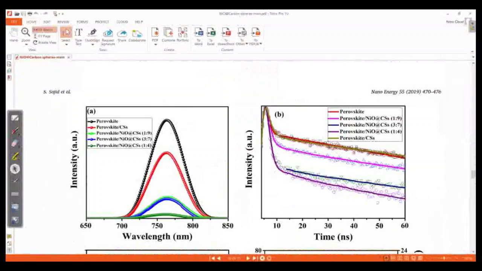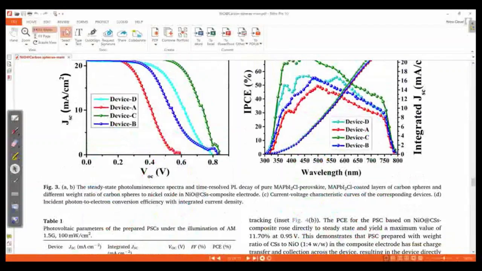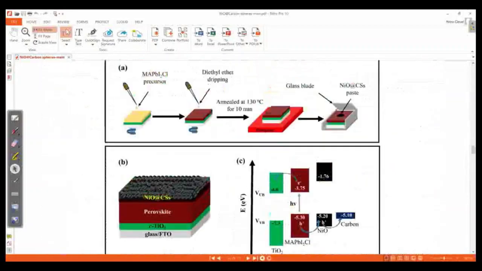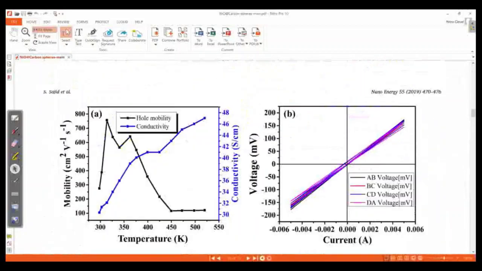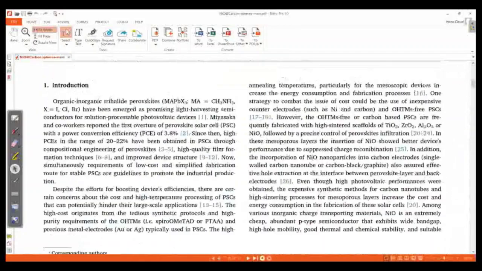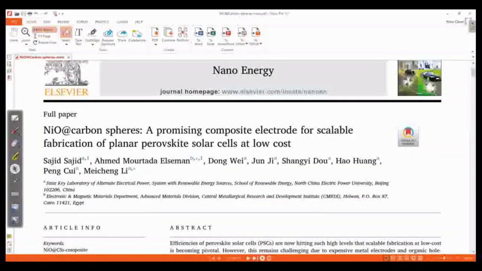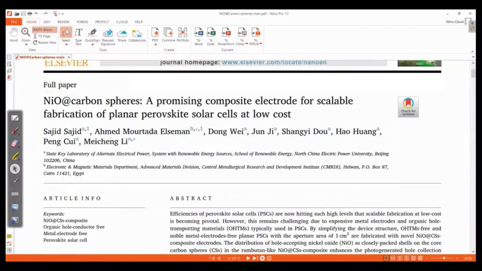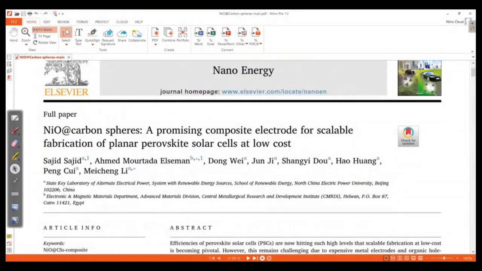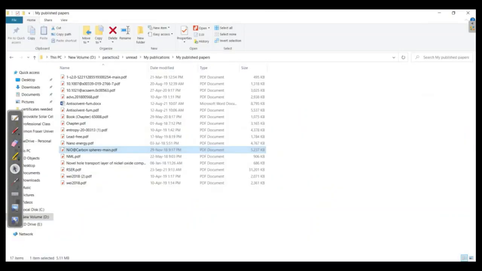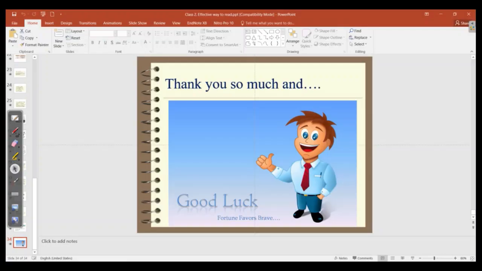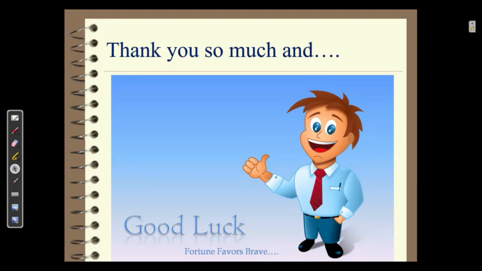So I think you can understand now how to read a scientific paper and how you can get the information from it, which section I need to read first, and whether I understand that section, whether I understand the phenomena or the results presented in the articles. So this was my way of reading. After that, you can use your own way. And thank you so much for your time, and good luck in your future endeavor, and